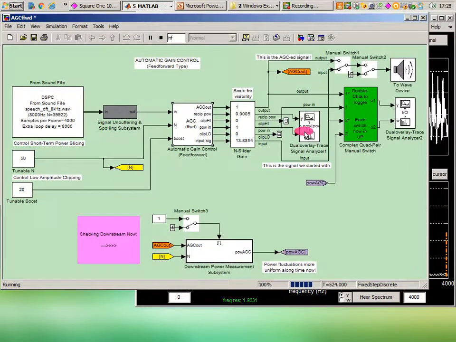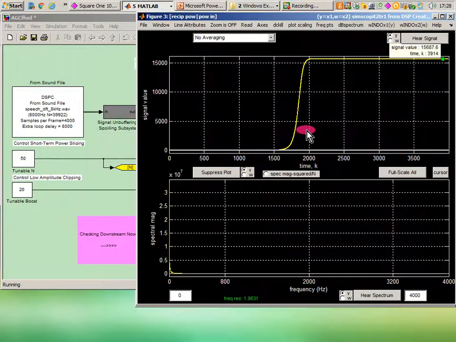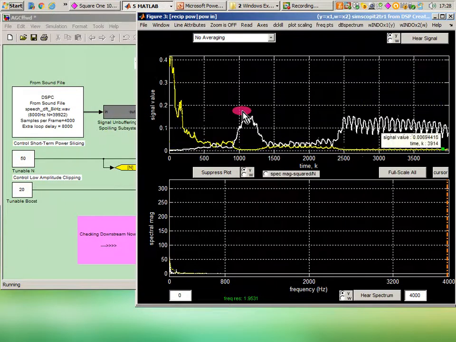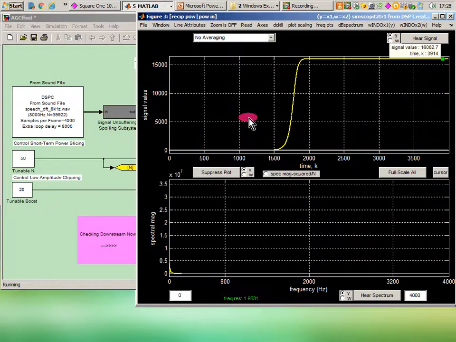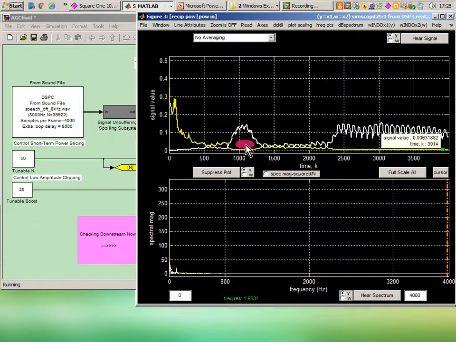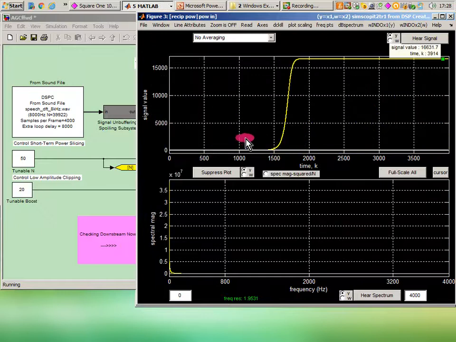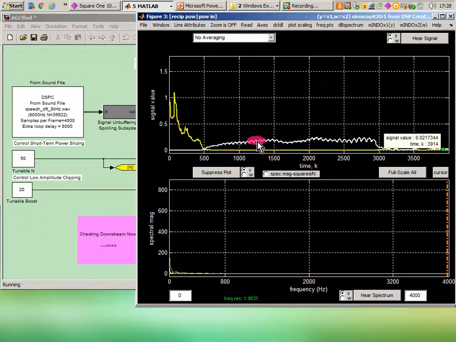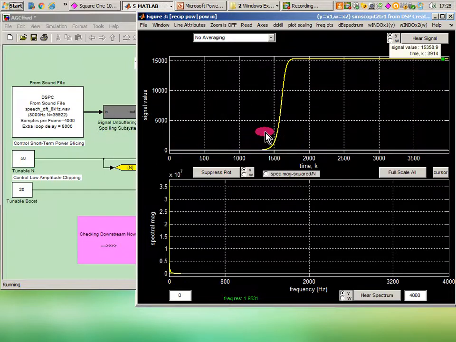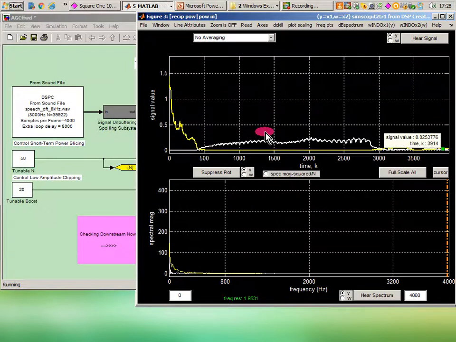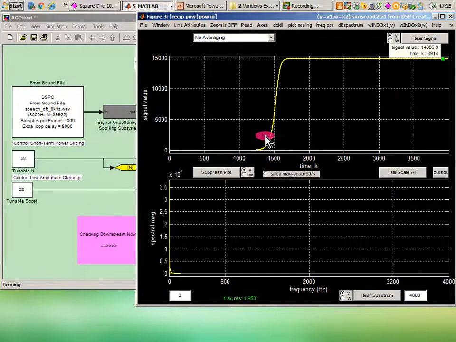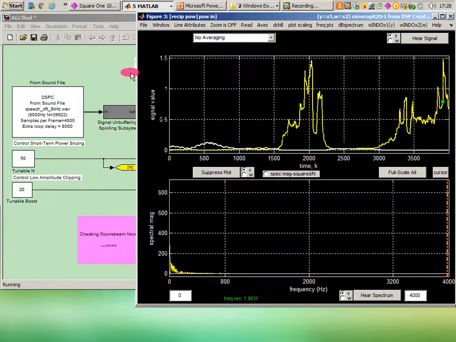I'm going to first look at this scope right here and just get a feel for that. Notice there's some big stuff that happens because of the silence, and there's other times in which I'm getting small white waveforms, and corresponding times I've got large yellow waveforms. The yellow one is my reciprocal calculation coming out. So when one's big, the other is little. And this then gets inherited by the waveform which comes out